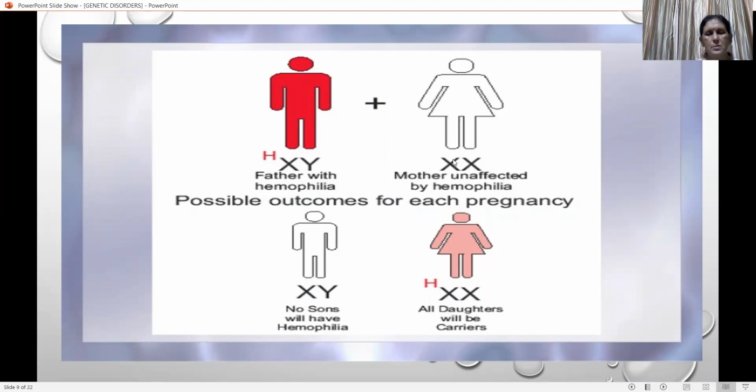So one X chromosome comes from the mother to each son, and a Y chromosome from the father. So the son is unaffected, but the hemophilic X chromosome comes to his daughter, along with one X chromosome from his mother. So the daughter is not an affected individual, she is a carrier.